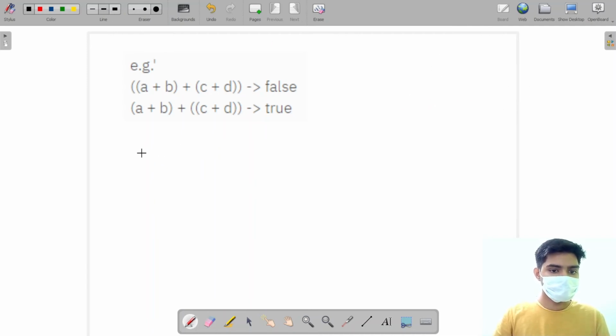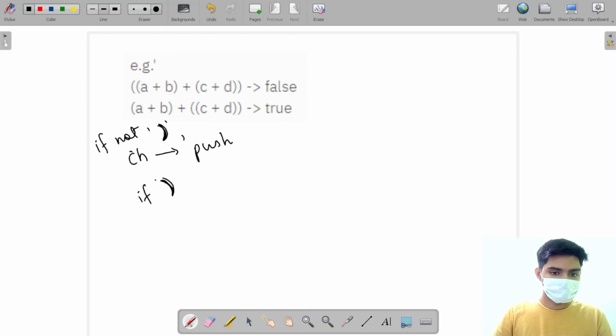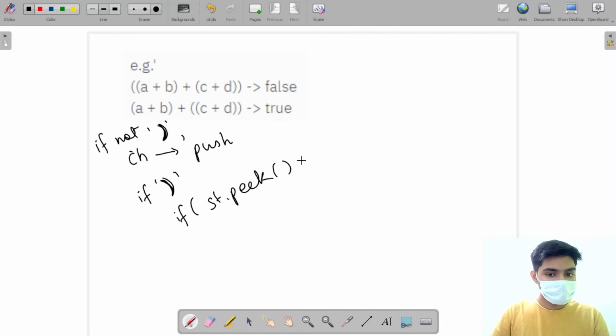We can say that for any character, if it's not a closing bracket, then I'm going to push this, and if it is a closing bracket, then I'm going to check if my st.peek, or the top of the stack, is equal to an opening bracket. If it is equal to an opening bracket, I can simply return true from here, right?